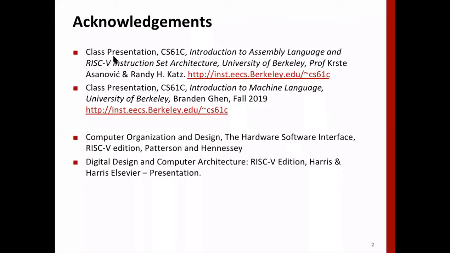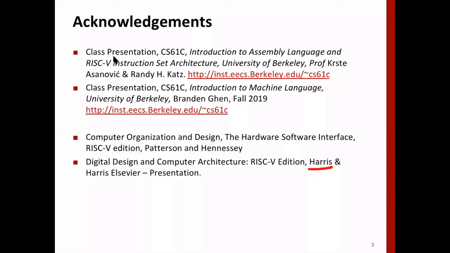We'll use a simulator called Venus Simulator. It's available online. There will be a few assignments, also some practice assignments for your own practice. The references are the following. I have taken it largely from Berkeley class 61C, and I am also using a PowerPoint presentation by Professor Harris, a professor at Harvey Mudd University.